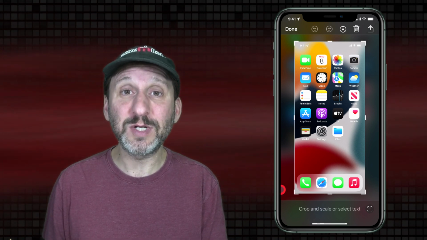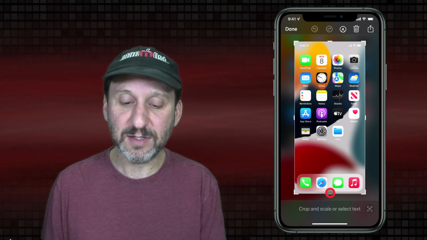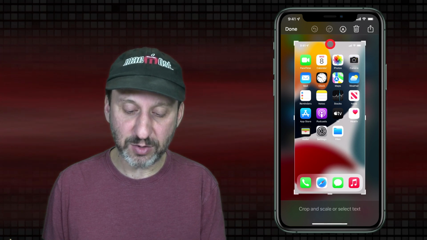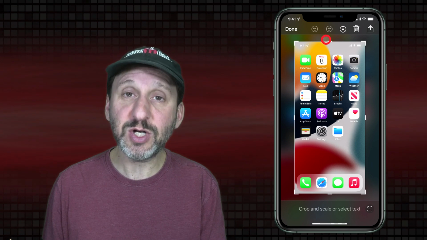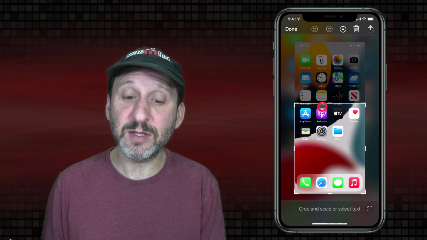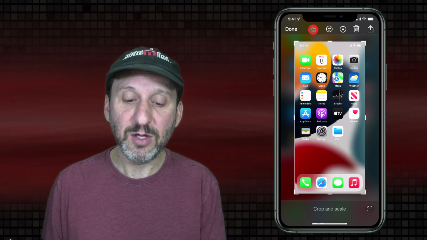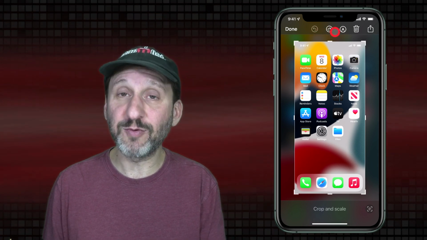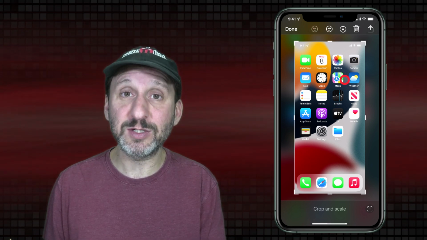You can do all sorts of different things with it. For instance, you could drag the sides or the corners to crop. So you could crop it like this to crop something out, so you can just focus on the part of the screen that you wanted to capture. If you do some cropping like this, you could use the undo button there to undo it. And then there's a redo button as well. And undo will work for other things that you do to make changes also.